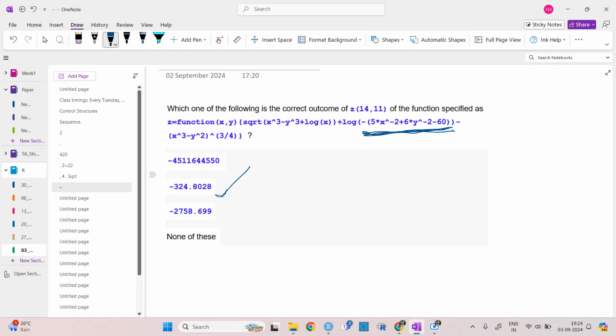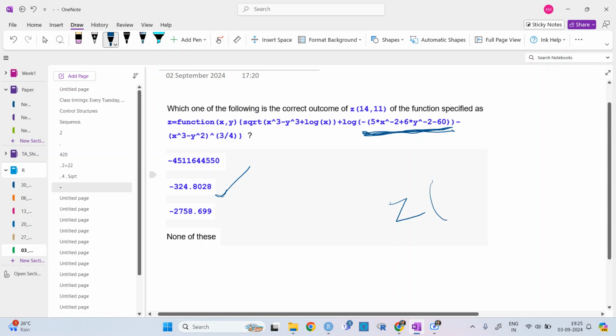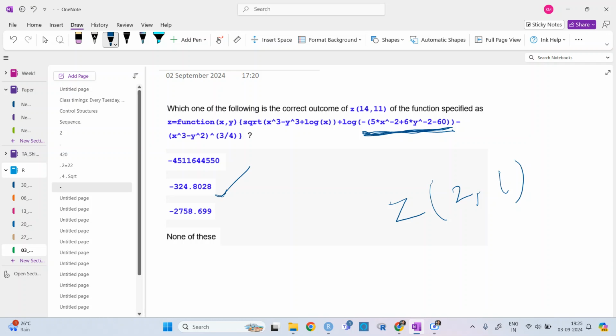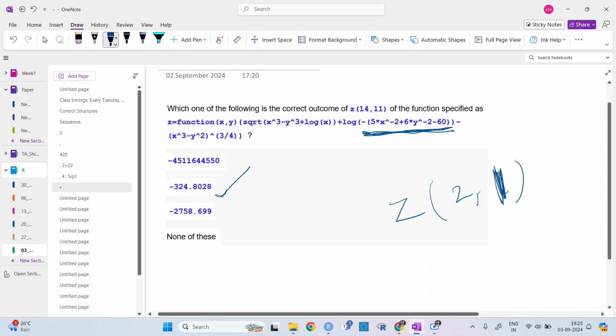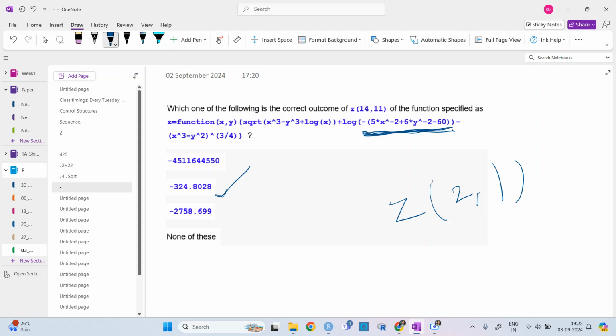You can try this for other values also. Let's say Z 2 1. What is the value for Z 2 1? Just give it a value. 2.435699.